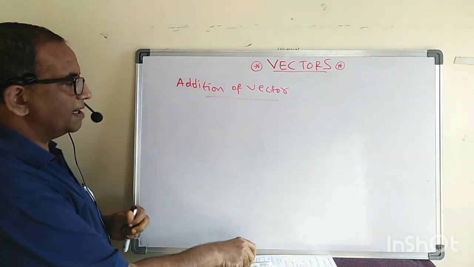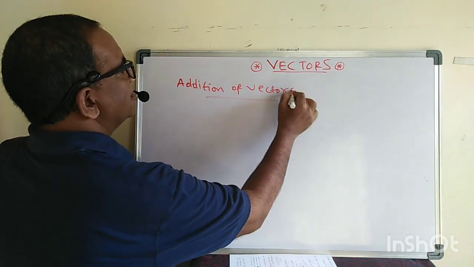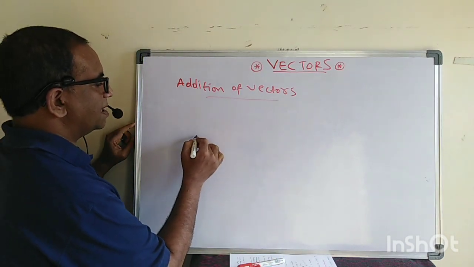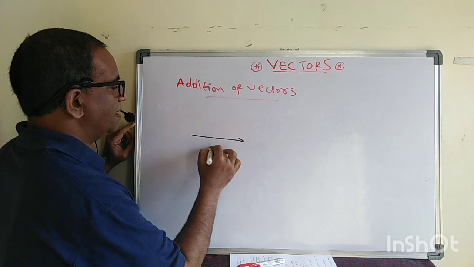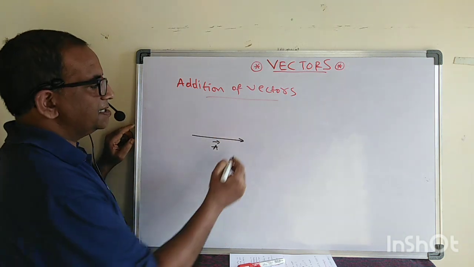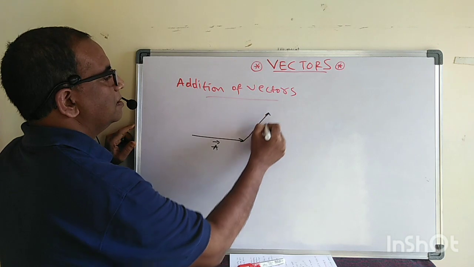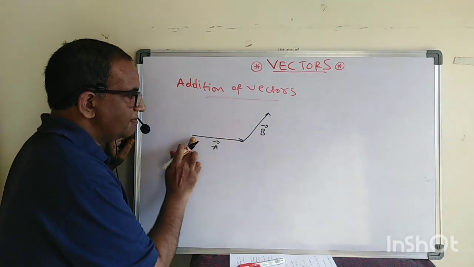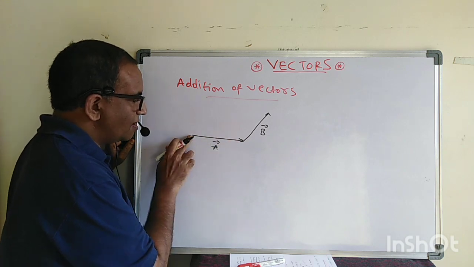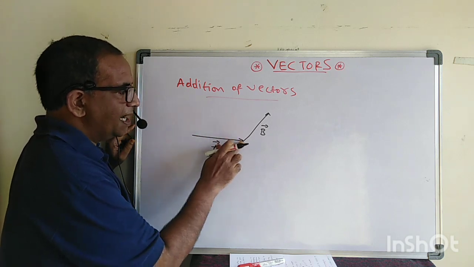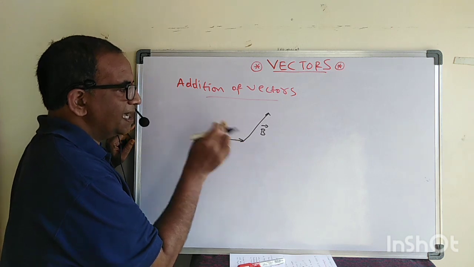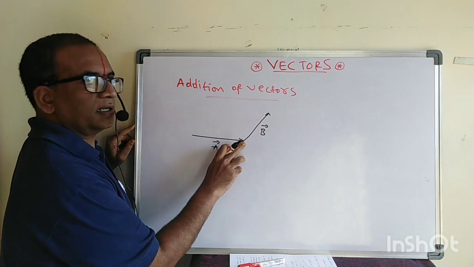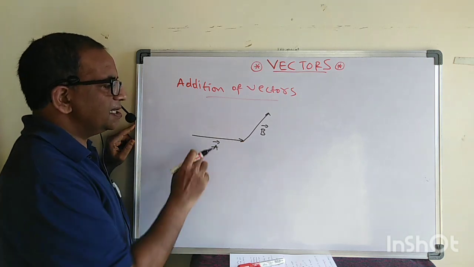See, here in the addition of vectors, let us first see. Let us say there is one vector, the vector A. This is vector A. And there is another vector, let us say B. Now see what is the resultant of these two vectors. See carefully here: whenever any vector is given, this is called the tail and this is called the head. The next vector we draw from the head, the tail of this one is added to this one. Okay, then what about the resultant of these two?